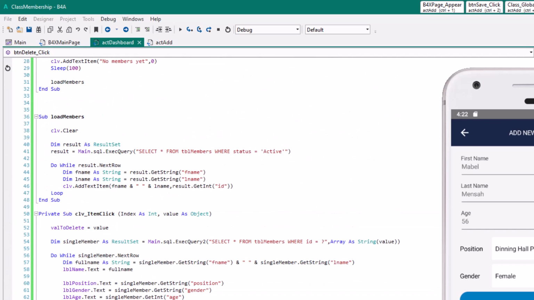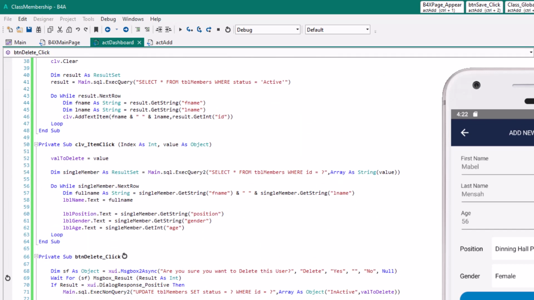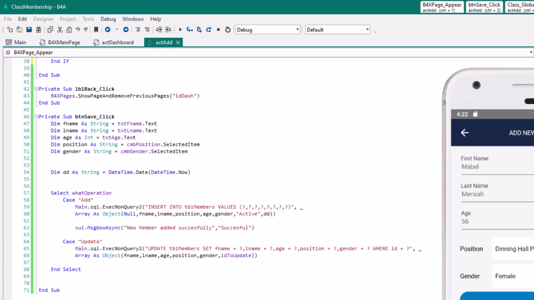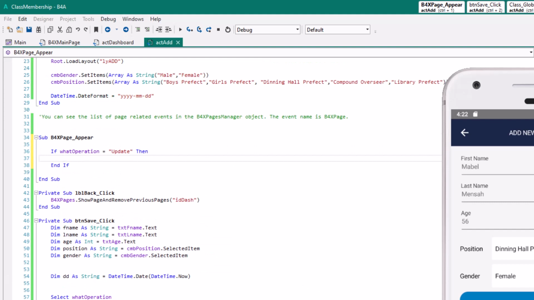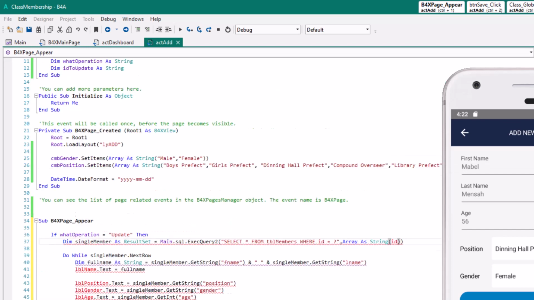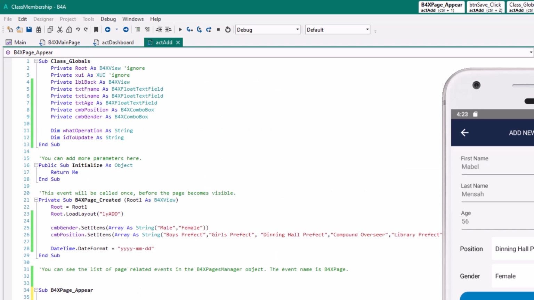I think the click is the one for the click. Single member, this one. So we use this same code here. So here value will be ID to update.